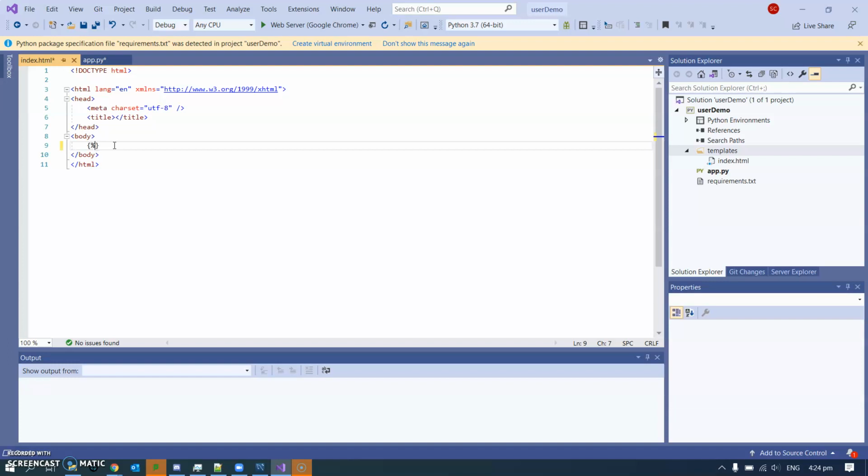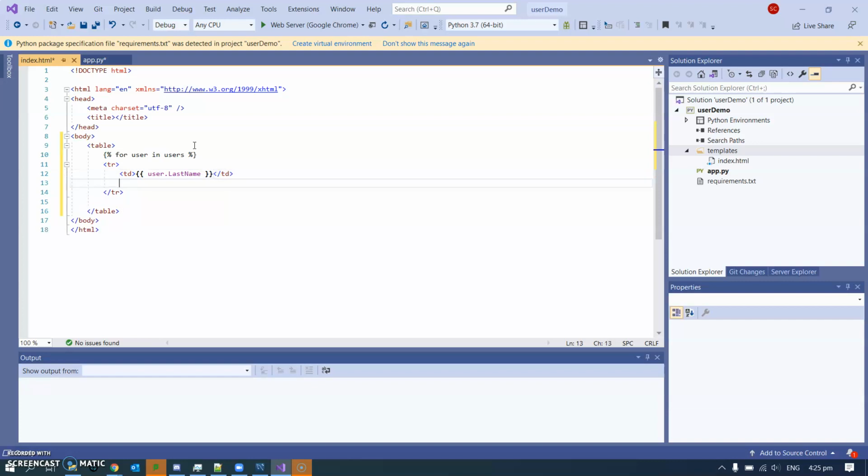So I am going to loop for user in users, trying to use descriptive variable names, and I'm just going to spit out, I'm going to do this as a table, aren't I? So I should probably put table here, and it's auto completed there, that's fine. For user in users, and I'm going to make a table row for each one, and I'm going to have some TD elements, and I'm going to have just output user dot last name,